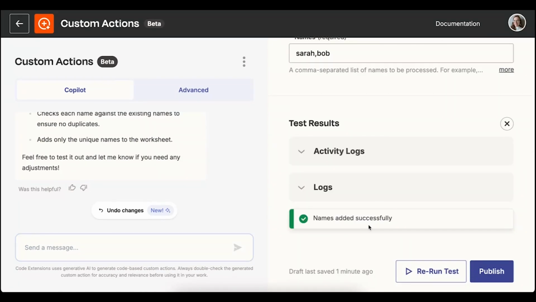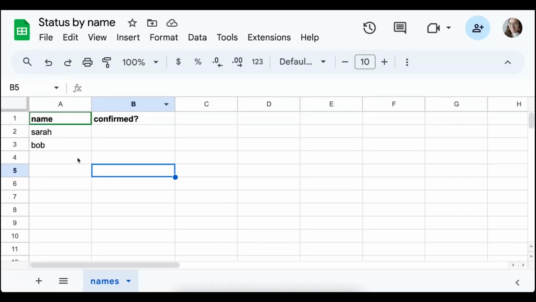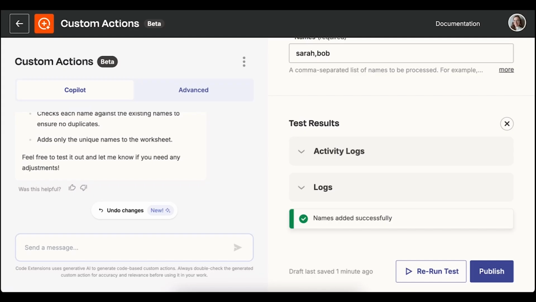All right, it says names added successfully. And there we go. Sarah was not added again. And now we have Bob. Okay, so that's great. Now I want to add in a new input field that will indicate whether the group